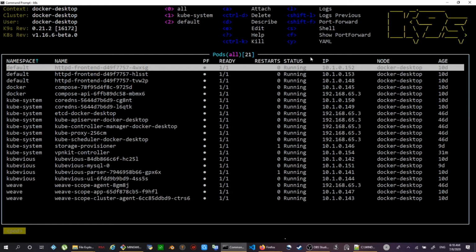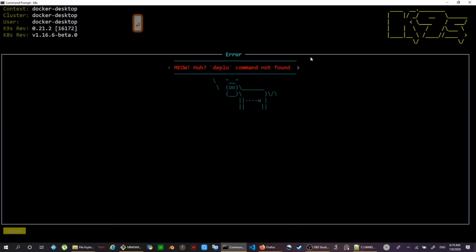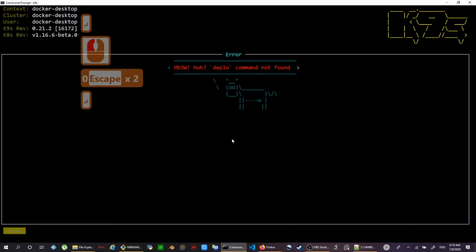You can run additional commands by pressing colon followed by any command, just like we do in Vim or VI editor. If you type some command that is not supported, you will see this nice looking cow that makes a meow sound. Now you cannot exit without doing Ctrl-Z or :Q, or I don't know at least.